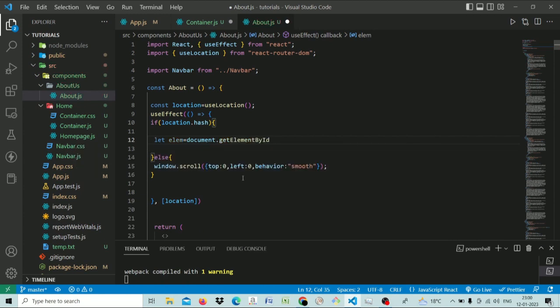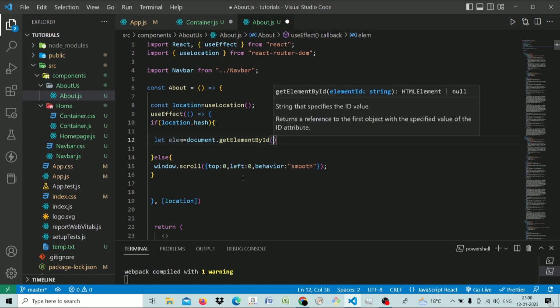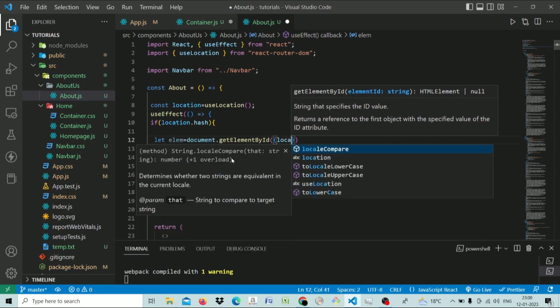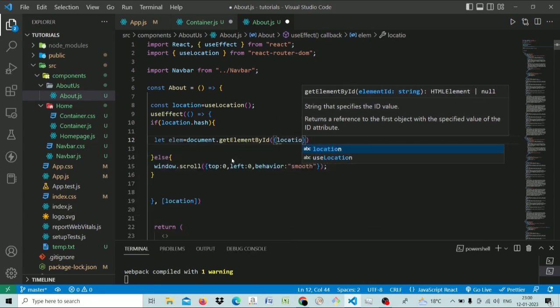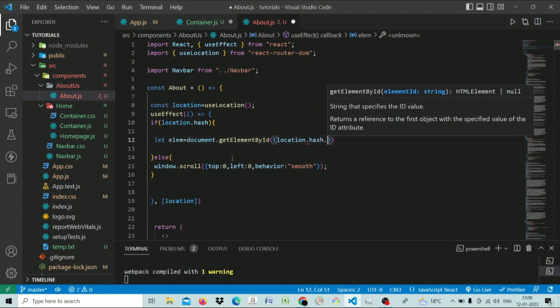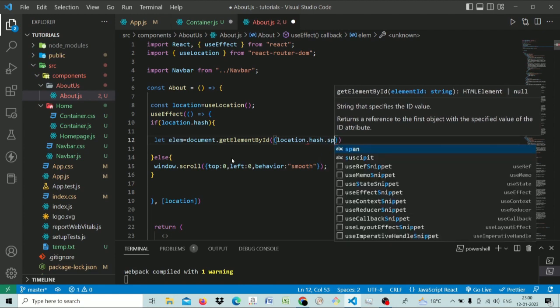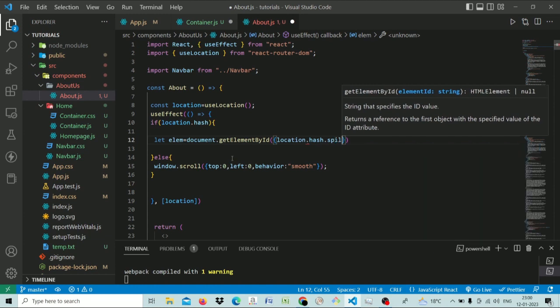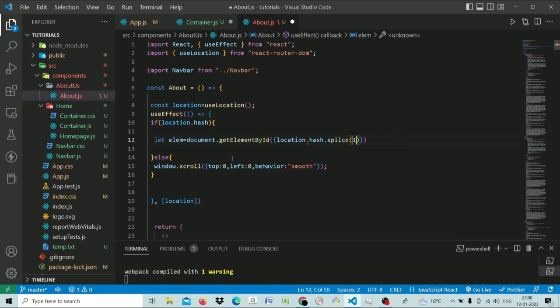If you study JavaScript, then you may have heard this term getElementById. And in this getElementById, I need to track the location, right? So location dot hash, and also need to slice it. I'm using splice. Okay, location dot hash dot splice